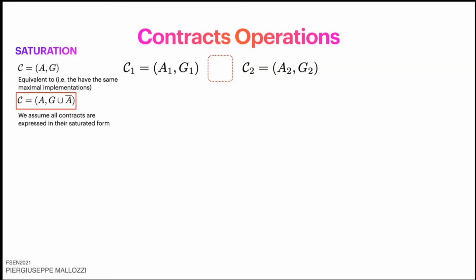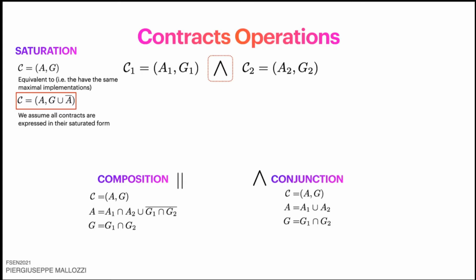And so, for the operations between contracts, assuming that we have a contract C1 with assumption and guarantees A1, G1, and a contract C2 with assumption and guarantees A2, G2, we can either compose the contracts. In this case, the composition produces a new contract which demands, as you can see, the environments to operate in both contracts, because we take the intersection of the assumptions. Or we can choose to perform the conjunction, where we require the resulting contract to operate in environments that satisfy either, but not necessarily both, of the assumptions